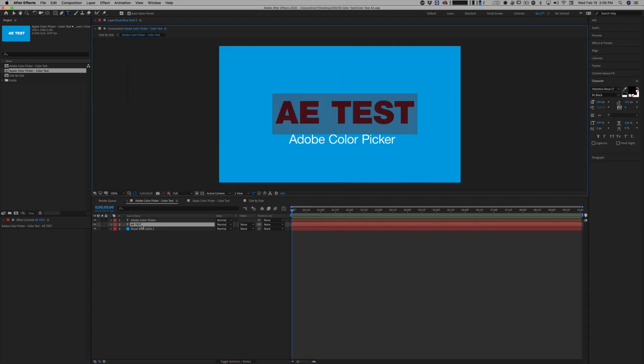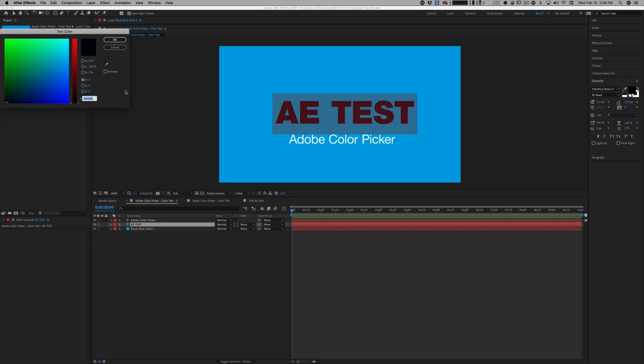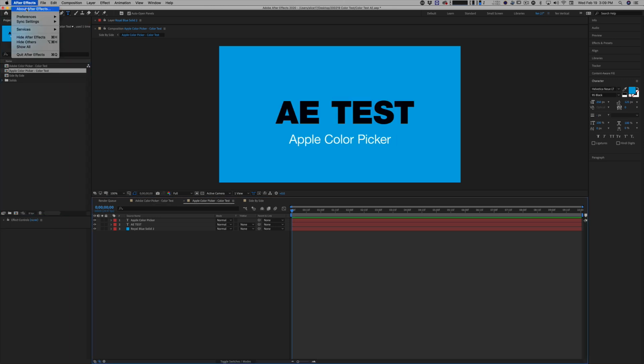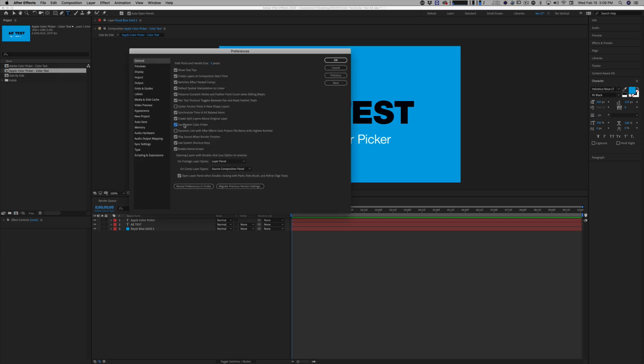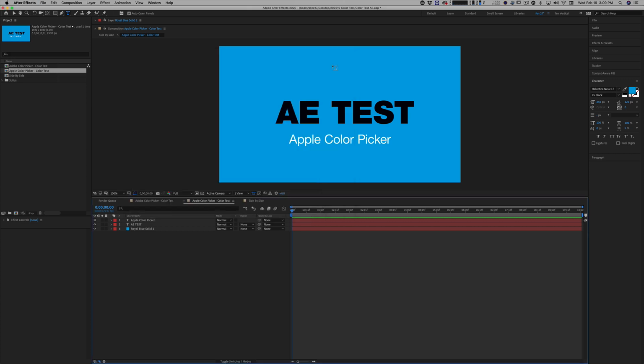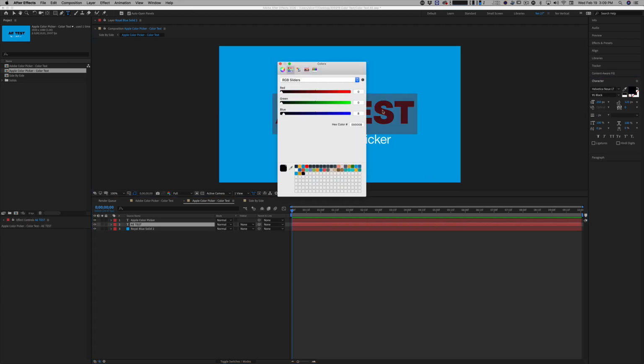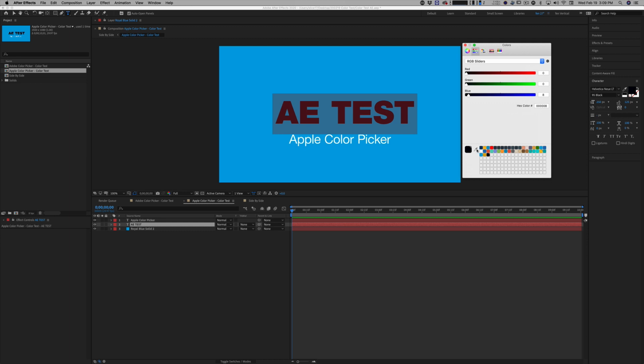Double click on this, select the color wheel. I'm using the Adobe Color Picker, eyedropper, select it, click OK. Guess what? The text totally disappears. Boom, boom. See? Now, we're going to go to the Apple Color Picker, and we are going to change the preferences to say, nah, use the Apple Color Picker, click OK, double click on the text, select the color well, we'll eyedropper the blue,